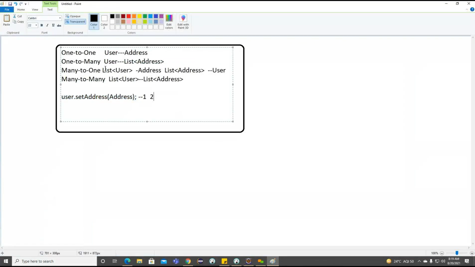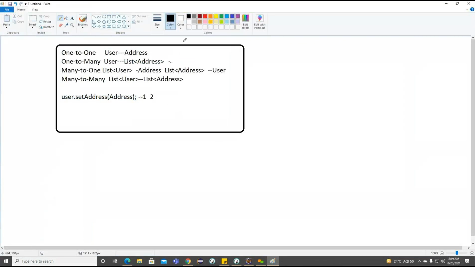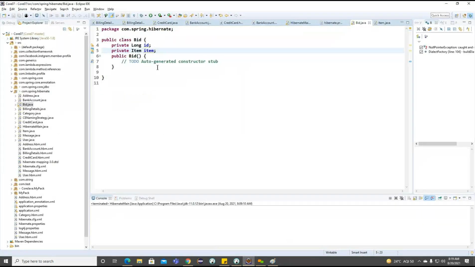Right? So first we are focusing here on what the one-to-many and many-to-one are. Getting the point. So one-to-many and many-to-one we are focusing on here. Okay. Observe what the one-to-many and many-to-one we are going to have. And inside this particular bid, what I created here, item. So item here, we are having only one. Item we are having only one. But the bids we are going to have multiple. So where are we going to define these multiple bids here?